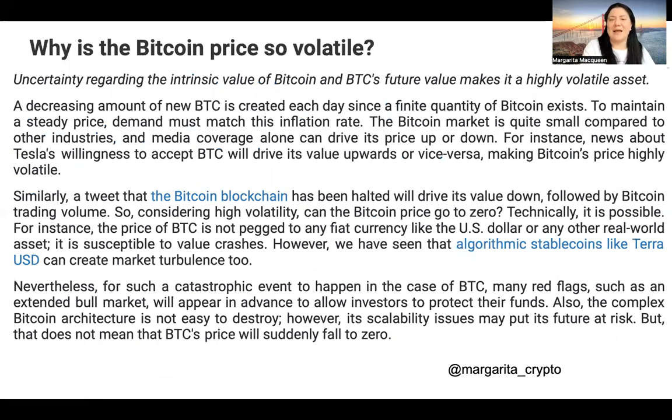Why is Bitcoin price so volatile? It's a different kind of future value of markets on high or low demands. A decreased amount of new Bitcoin is created each day since a finite quantity of Bitcoin exists. To maintain a steady price, demand must match this inflation rate. The Bitcoin market is quite small compared to other industries, and media coverage alone can drive its price up or down. When it's hype or boom or